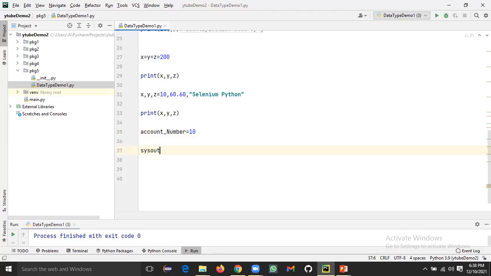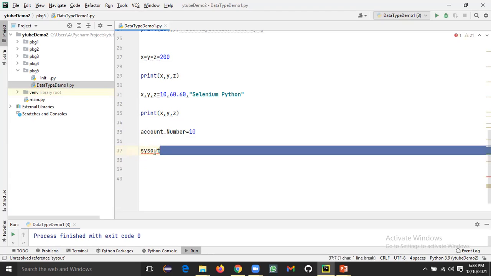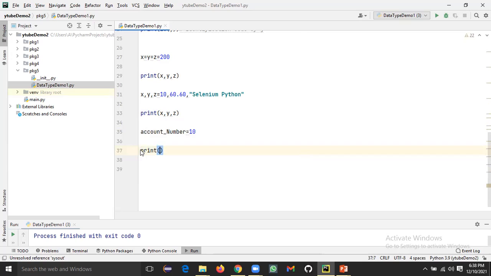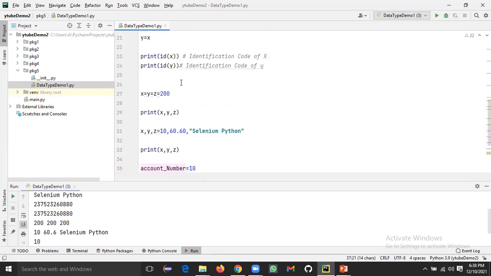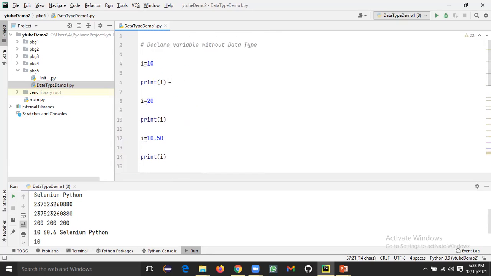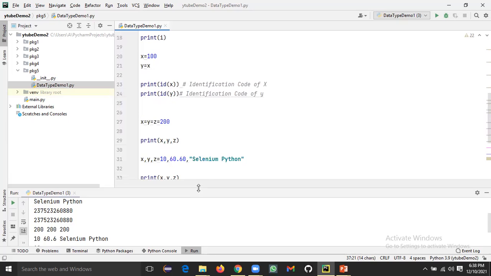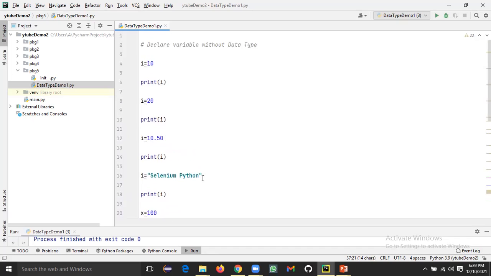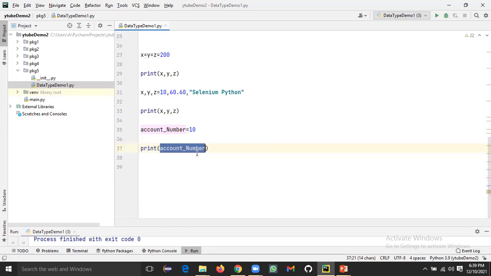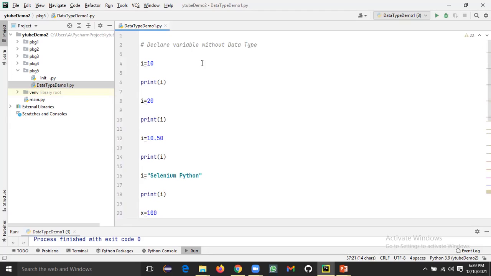Now let us print this account number. I'll just save it and print it. So this is a standard naming convention. Again, some people will say this is not right, that's not right, but I think this is the right naming convention. But don't use keywords which are already used for other Python coding, and don't use these keywords or symbols here. So predefined keywords should not be used to declare variable names. That's the protocol we need to follow.